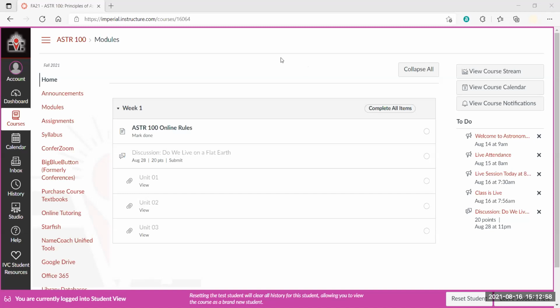So right now, if I am a student, this is what I see when I come into this class, okay? The first thing I see in here as a student is the model. There are other materials in here, but they are not available yet. Once they are finished, you are going to see them. But even in this model, as you can clearly see, there is only one item I can click on. I cannot click on this discussion, do we live on a flat Earth? I can see it, but I cannot do that. I cannot do any of those, as a matter of fact.